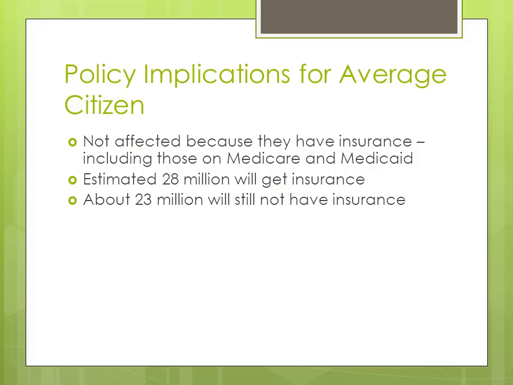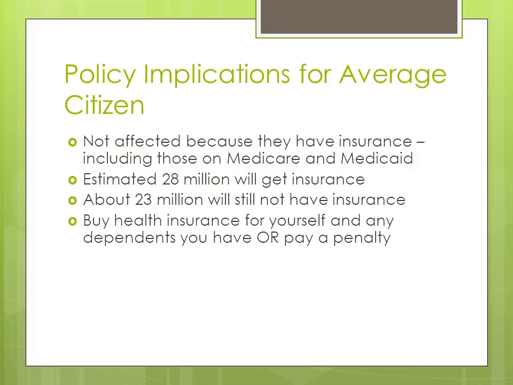But we know even now, with the notion that Medicaid would expand in every state, that we would end up with about 23 million people who wouldn't have health insurance. So the requirement, of course, is buy health insurance for yourself, which most Americans have already done, or pay a penalty. The people who will pay this penalty will mainly be healthy, single young adults, some of whom may have dependents, but most of whom will not. They're just not buying insurance because they don't think they need it, because they're indestructible and so on.